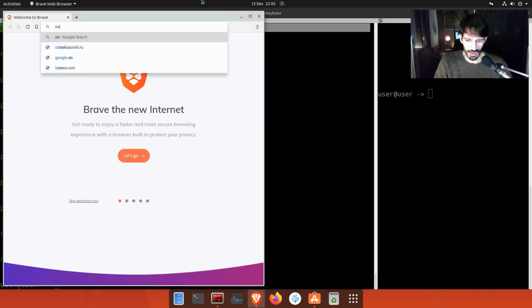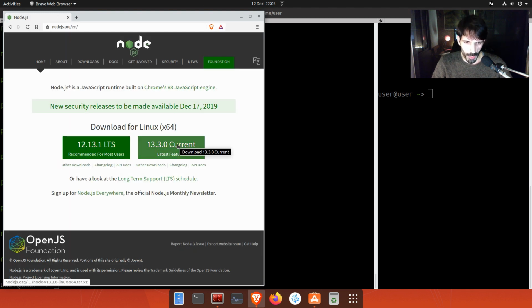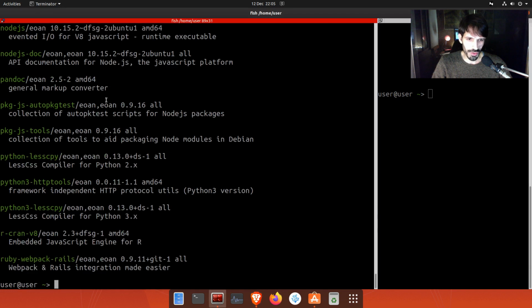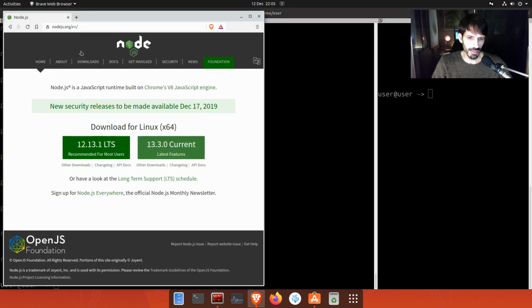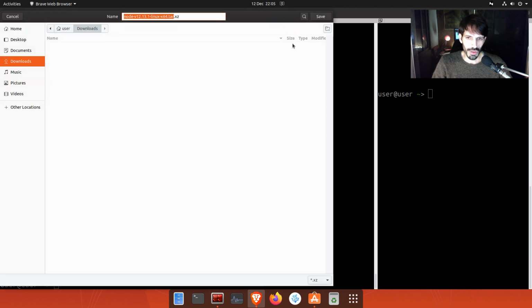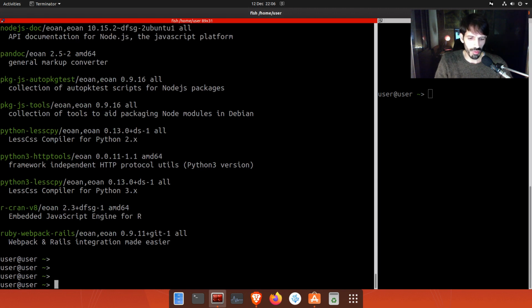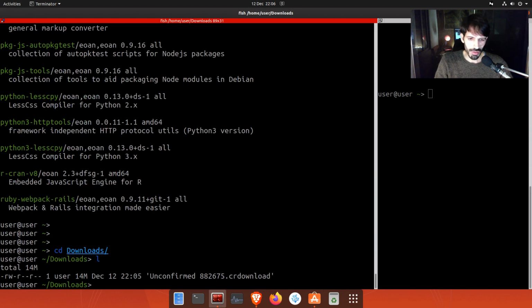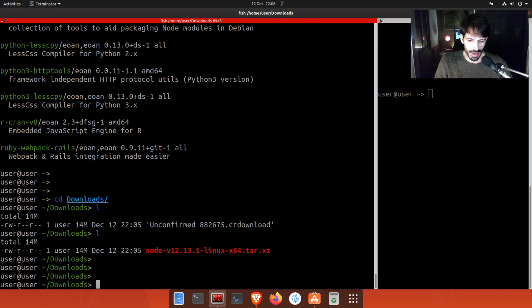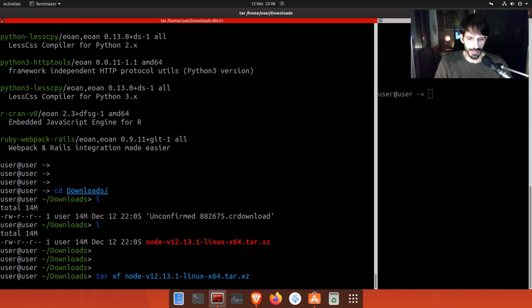We can go here to nodejs.org. And in the official website, we see that the latest version is 13.3 as opposed to 10.15. And even the long-term support version is 12.13. So what I'm going to do is download the long-term support package. I'll go to the downloads folder, and once it is ready, I will run tar extract on the file node.js. I will cd into it,